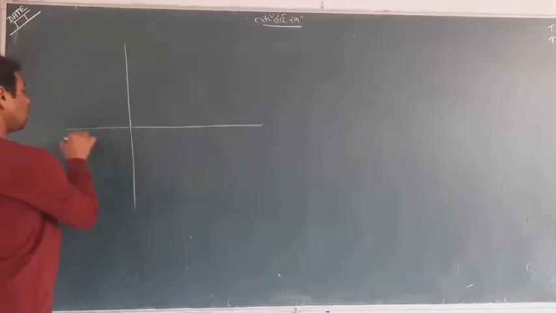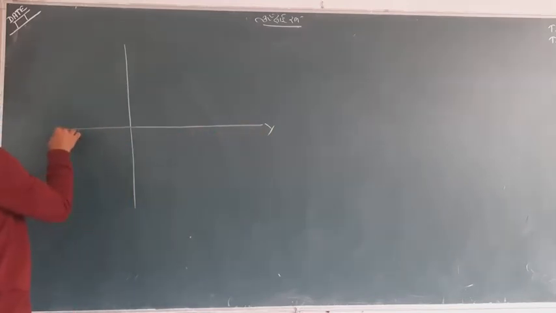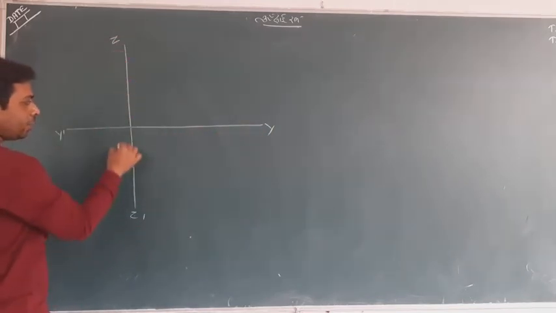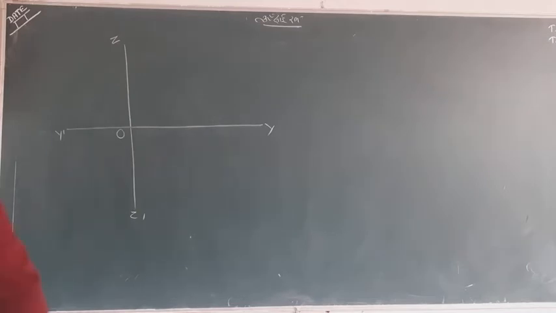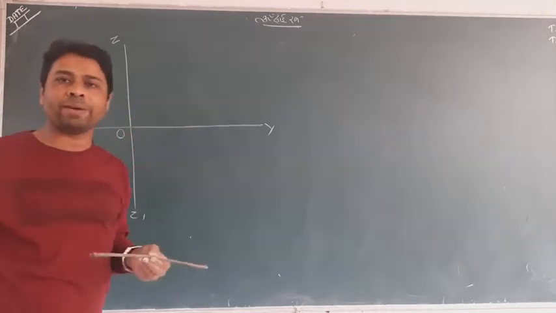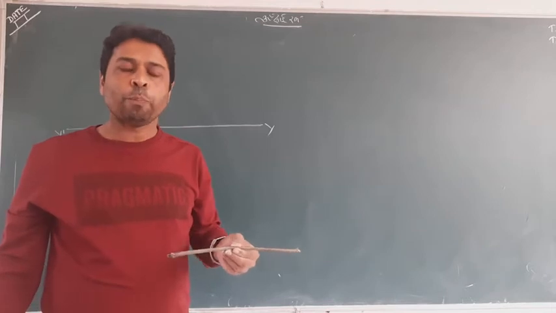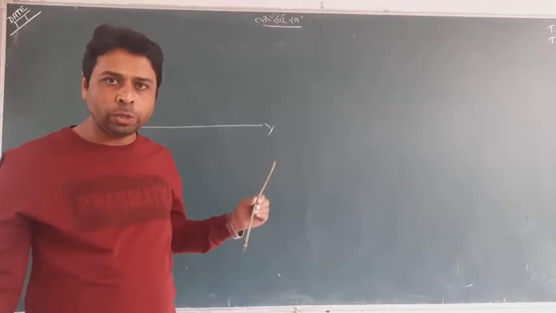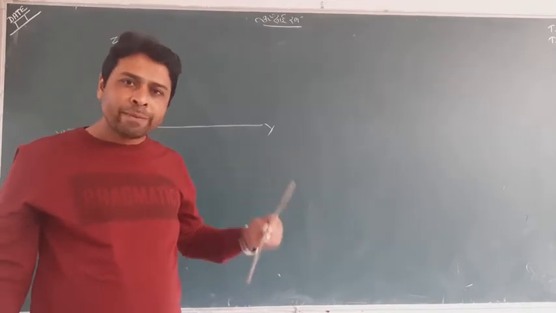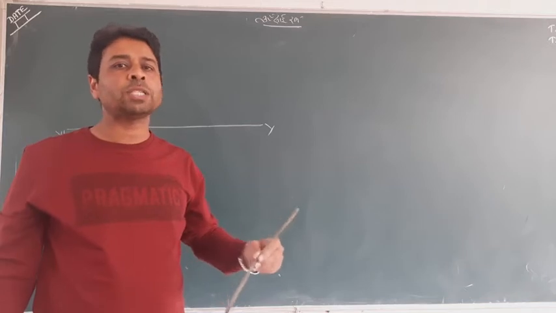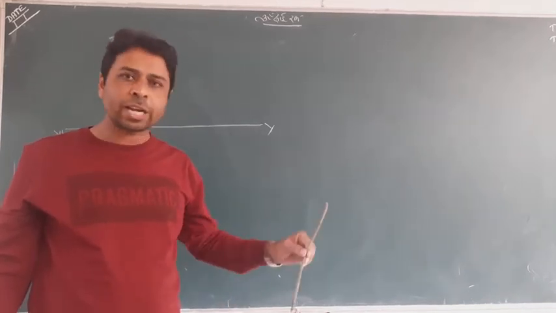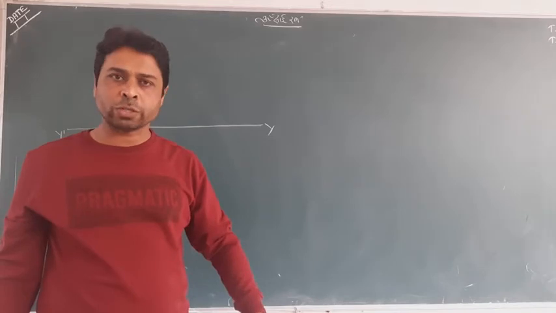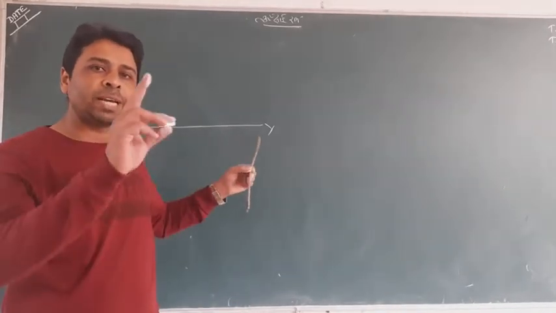This was y dash. This was z dash. It was o. Now I have yet to form the x coordinate axis, which is here actually. This is the x-axis, and just behind the board we have x dash, the negative x-axis. I want to draw all three axes on the board, and the study we will do completely in the first octant. Just for understanding, students, we will study in the first octant. So I will form only a single octant here.